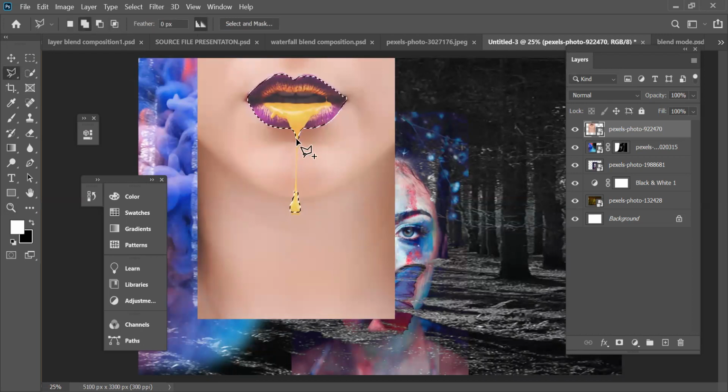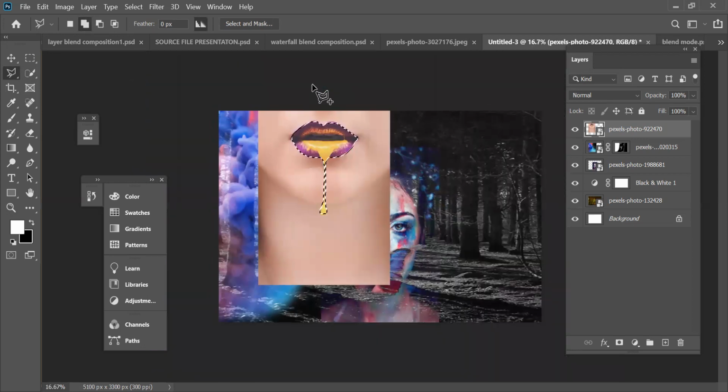Select this as well. And click on masking.